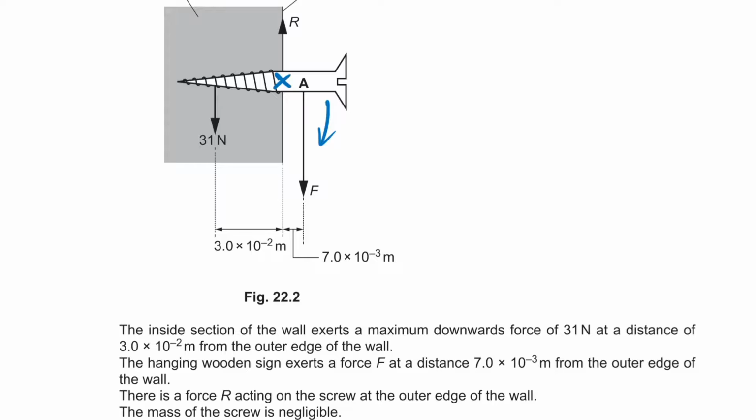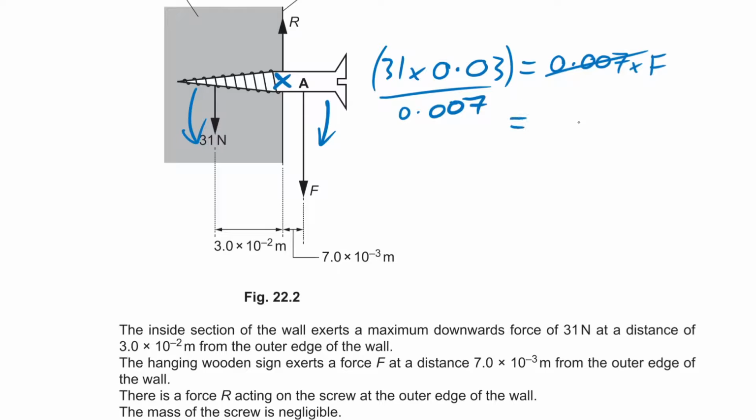We have F pulling clockwise, we have 31 pulling anti-clockwise, so we can say that their moments are equal and opposite. So therefore we can say that 31 times 0.03, that's force times distance for the screw inside the wall, is equal to 0.007 times this force, the weight pulling downwards. So therefore, just rearranging this,